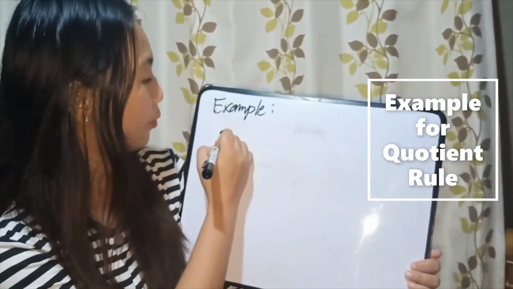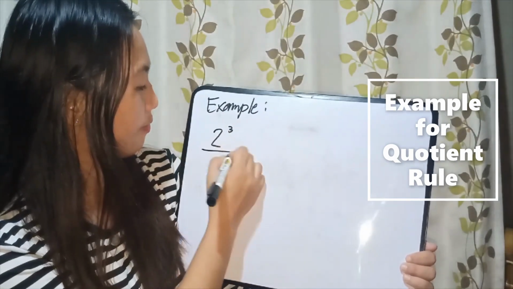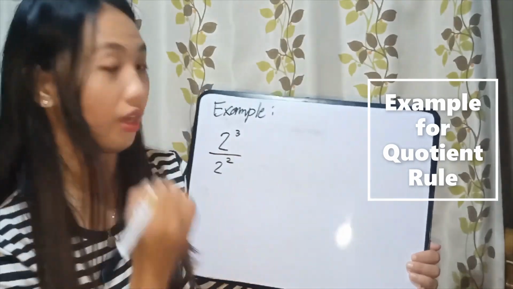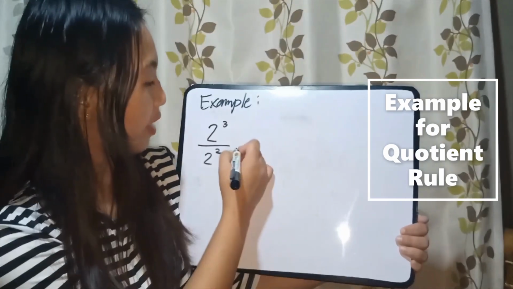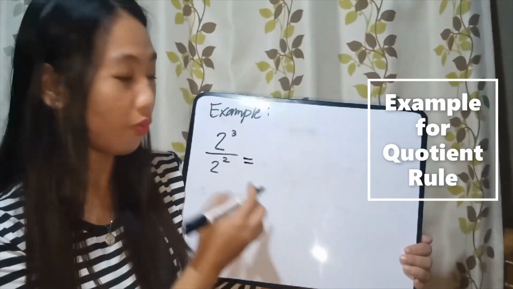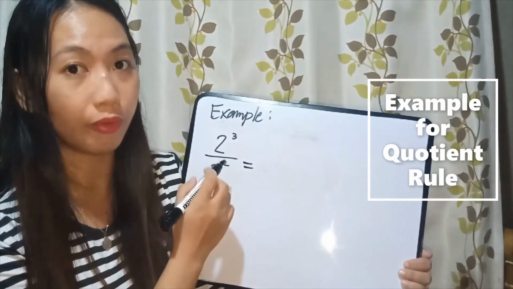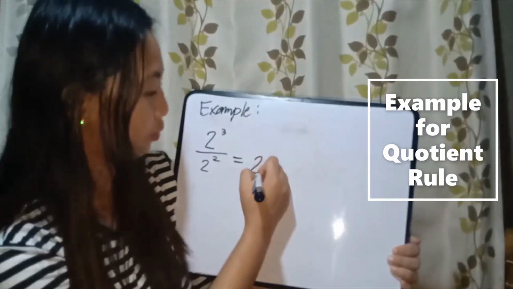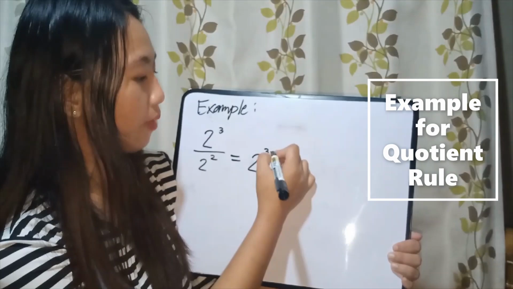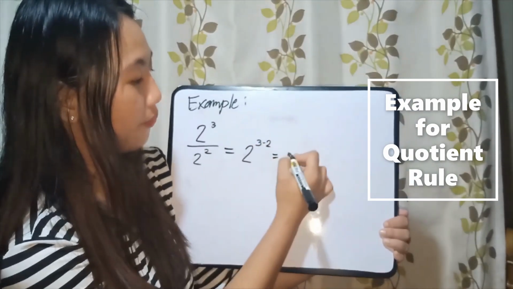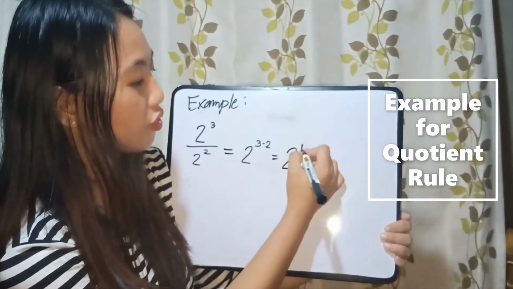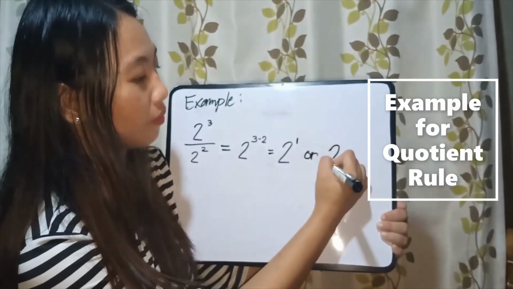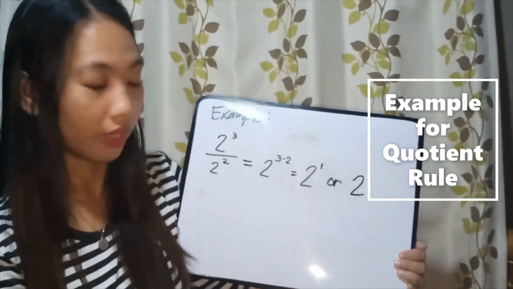So we have 2 raised to 3 divided by 2 raised to 2 as our example. Applying the law that I gave you before, when we use division as our operation, we do the subtraction of exponents. So we have 2 raised to 3 minus 2, so we have 2 raised to 1, or simply 2. Okay, so to prove,